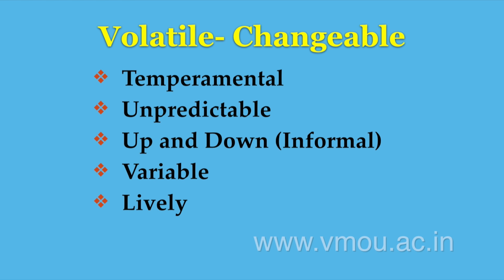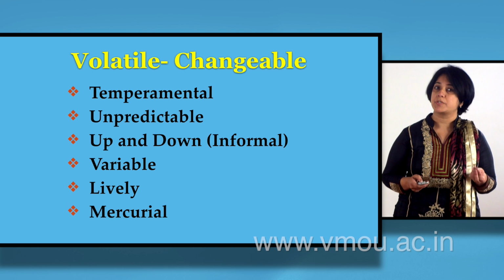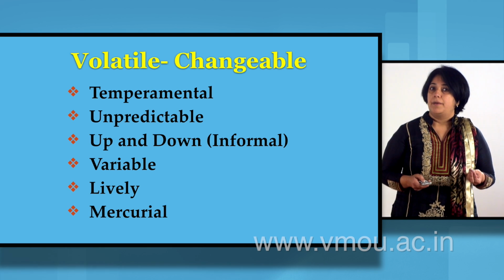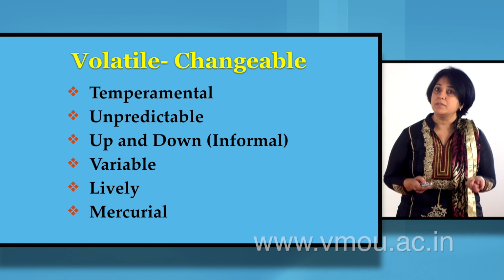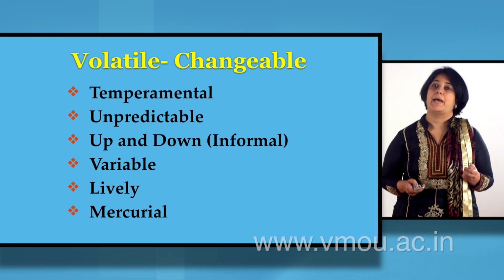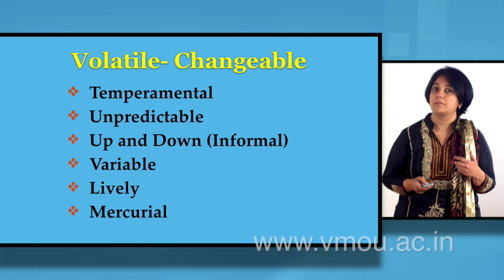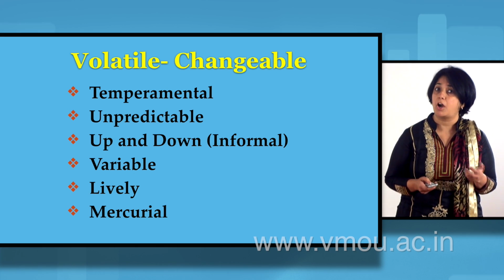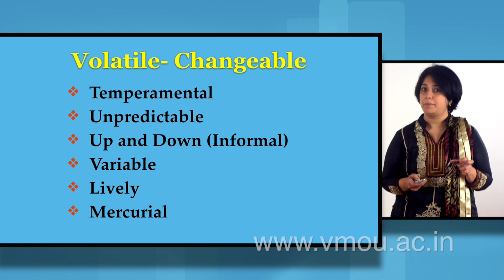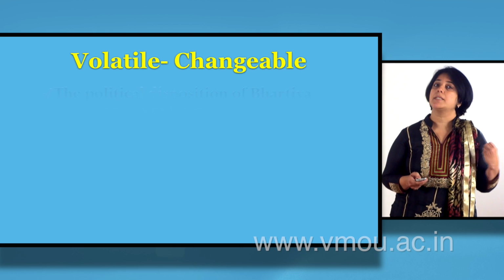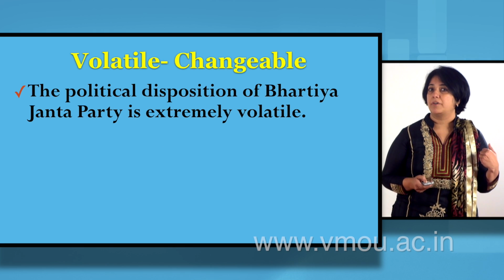Which is variable is changeable. What is changeable is lively, is mercurial, something which shoots up as the temperature, as mercury shoots up. Now, how to keep this in mind? As a person who belongs to language background and who's given to teaching language, I would say that keep a context in mind. Now, if we keep volatile as changeable in mind, let's use it in a kind of usage